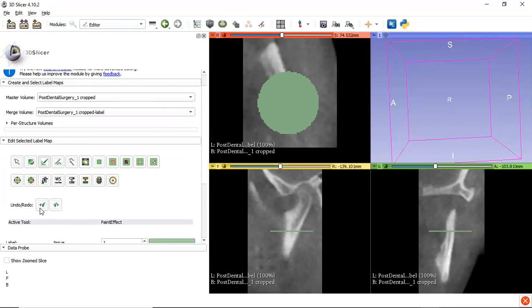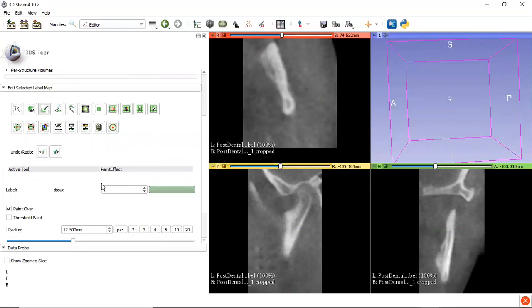Let me undo that. So what I'll be doing first is using the thresholding value. I'll be selecting the bones, or the more intense part of the cropped image. At first, I'll be selecting the temporal bone, which is the left temporal bone.